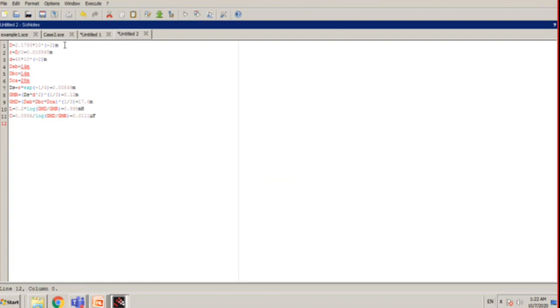Okay, so here this coding is nothing but just we have to do as we did the calculation, that's all. So now first one is I'm getting input D, so here D is equal to the value I'm giving, and the unit is not required. So you take the unit off, right? Next R is equal to D by 2, so that's the equation.